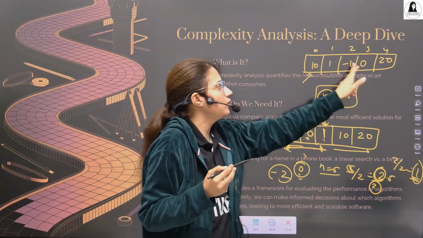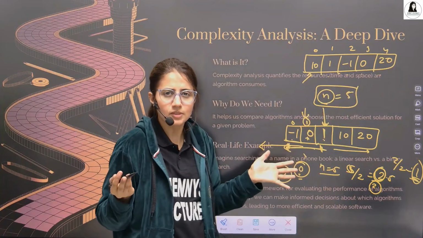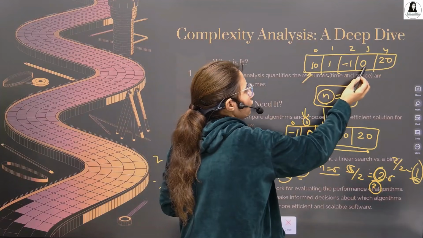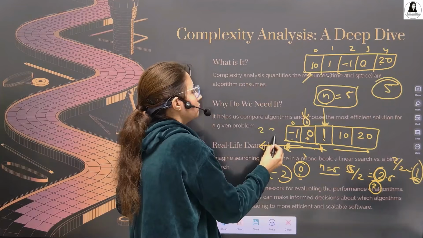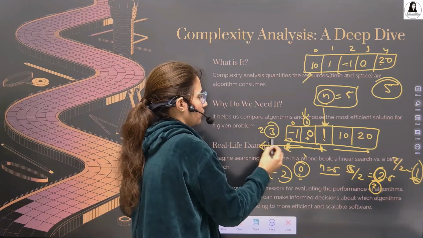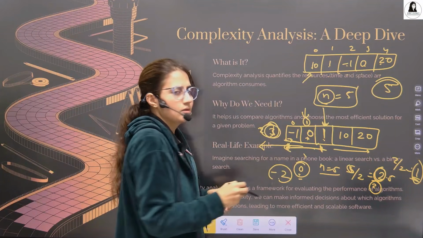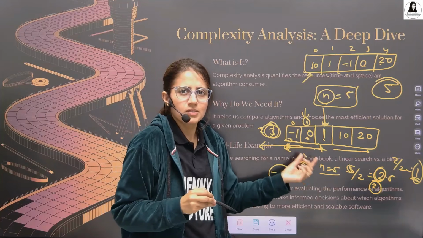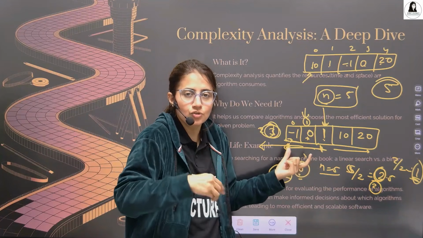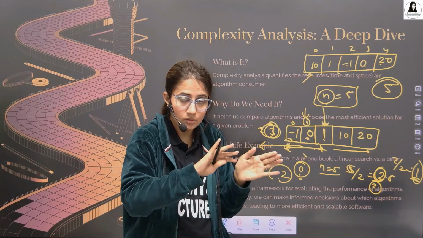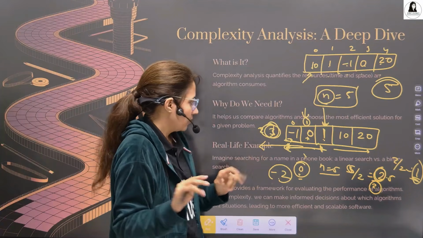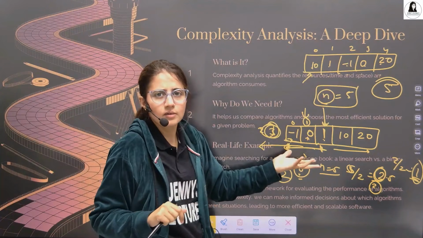And in linear search you have to compare with every element. So here almost 1, 2, 3, 4, 5 comparisons. And here we have done only 2 or a maximum of 3 comparisons. So the number of comparisons, the number of operations you have performed, is less here than in linear search. So this is linear search, this is binary search. Which one is better?